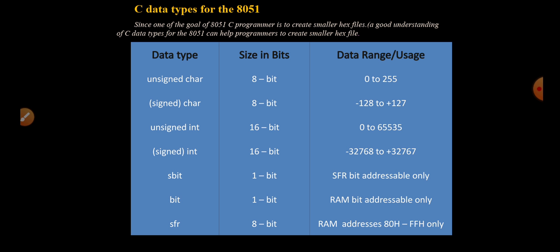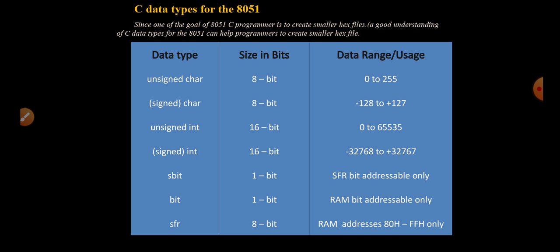The unsigned integer is a 16-bit data type that takes a value in the range of 0 to 65,535 in decimal, or in hexadecimal the value can be in the range from 0000 to FFFF. In the 8051, unsigned integer is used to define 16-bit variables such as memory addresses, or it is also used to set a counter value of more than 256. Since the 8051 is an 8-bit microcontroller and the integer data type takes 2 bytes of RAM,